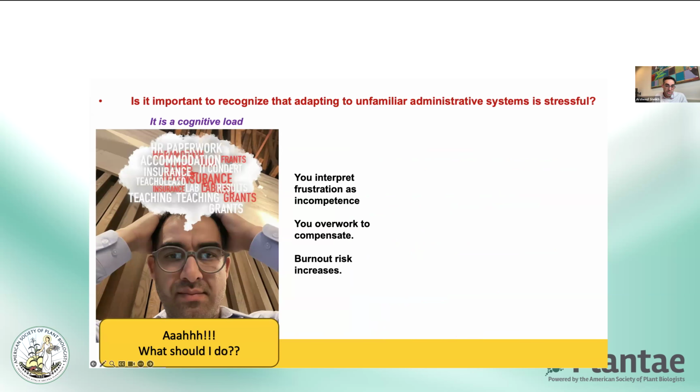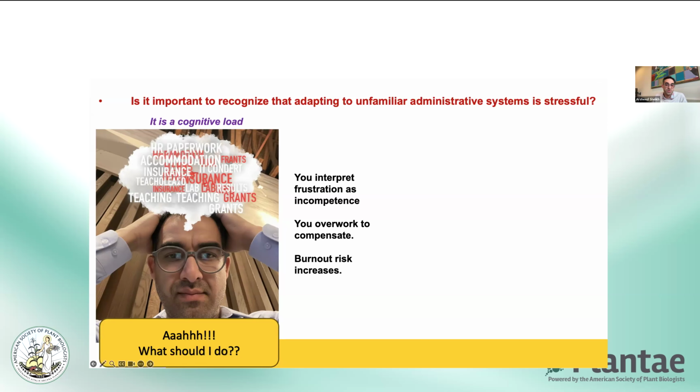Now, you're working long times in the lab, but there's an additional problem, which is administrative and HR related issues. A lot of paperwork you have to do, family visas, accommodations, insurance, appointments at foreign office, and so on. So you start to blame yourself because you're trying to overcompensate. And that again increases the risk of burnout.